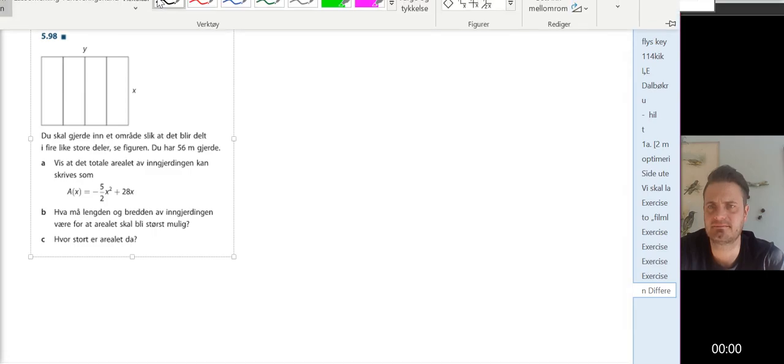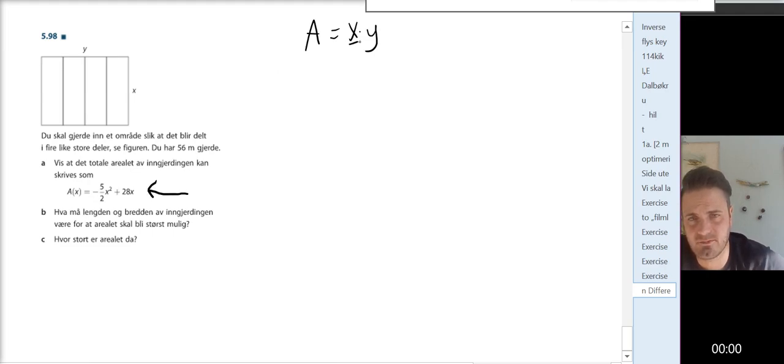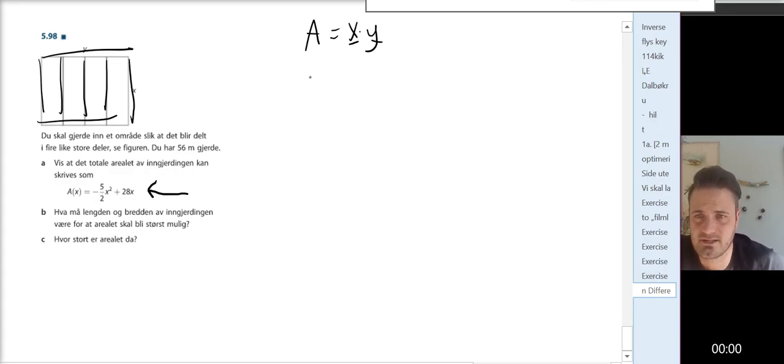The area will be x times y, and we want to find this area function. We see that x is fine, but we can't have y here. We have to substitute y in some way. What we know is that this plus this plus this plus this plus this plus this plus this